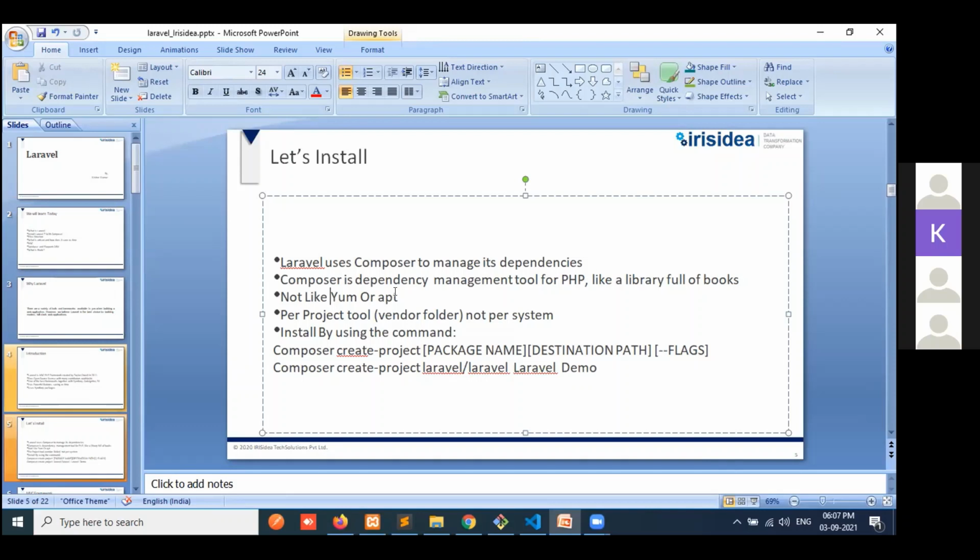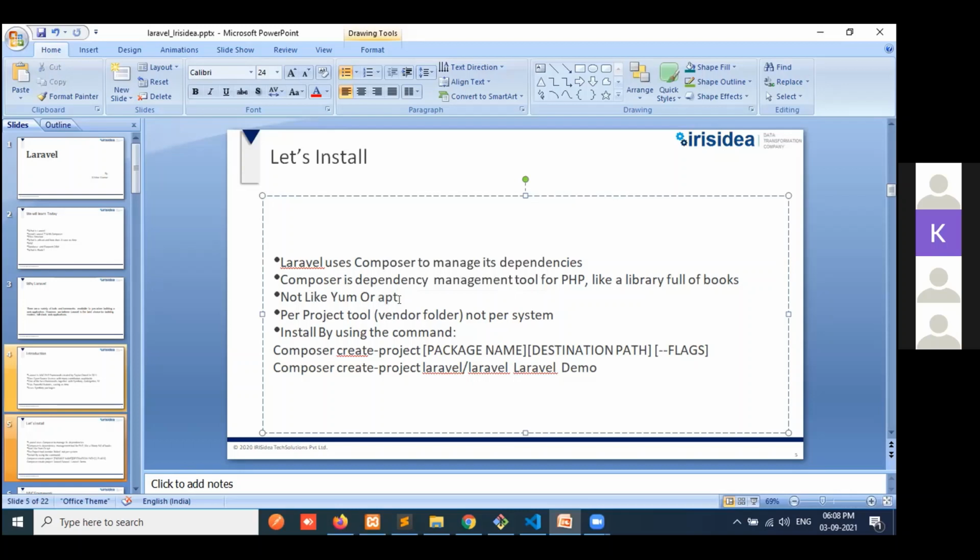So basically it is installing the packages. But in Composer, we create only those files. And APT means we install on the system, not in any single project.